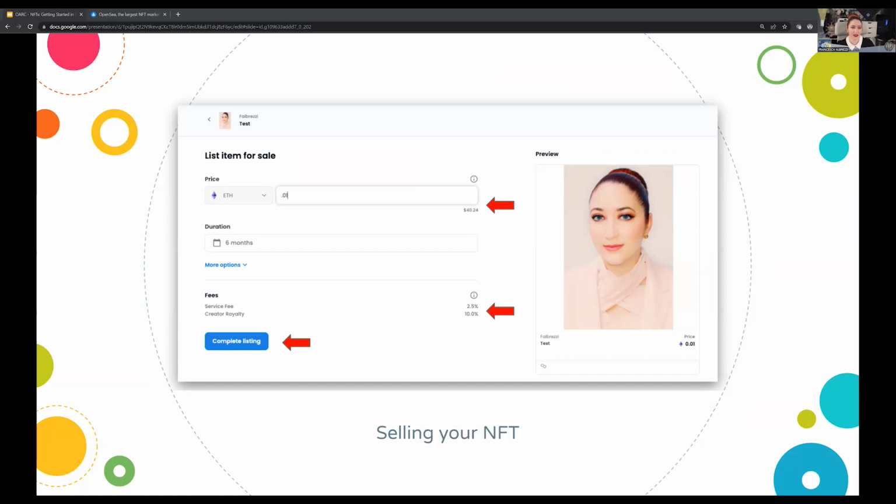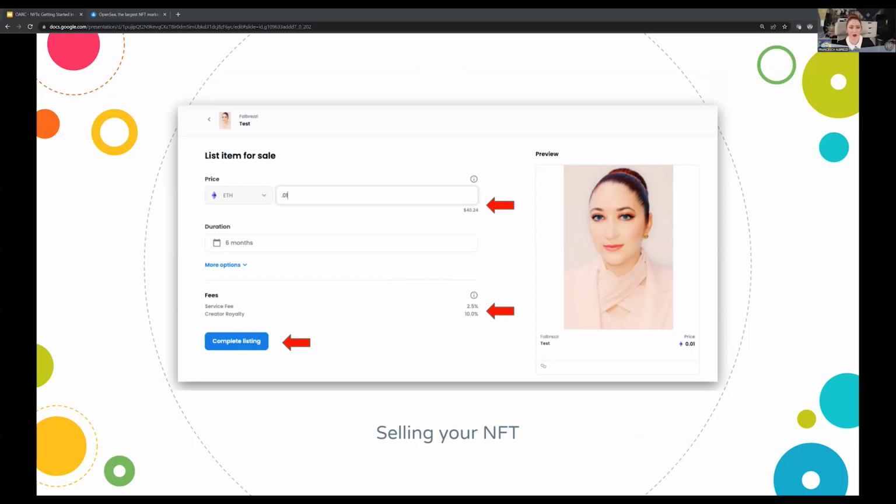And please note that the list price and listing schedule cannot be edited once the item is listed. You'll need to cancel your listing and relist the item with the updated price and dates if you want to change it. So listing is free on Polygon. Once you've sold, the fee will be deducted. And I'm including documentation here about that. I think this is a similar link to one that I've shown you before.